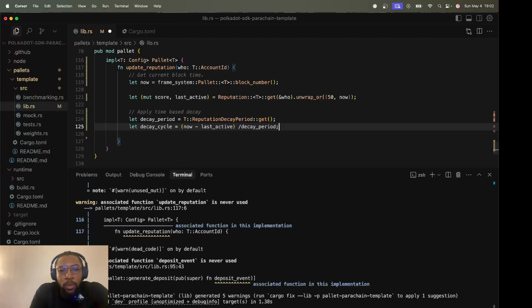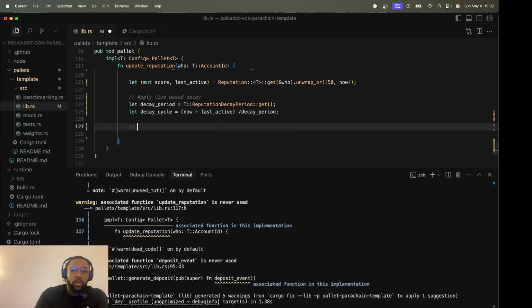If the current block is block 5, and last activity was maybe at the second block, that's when the user performed an action.